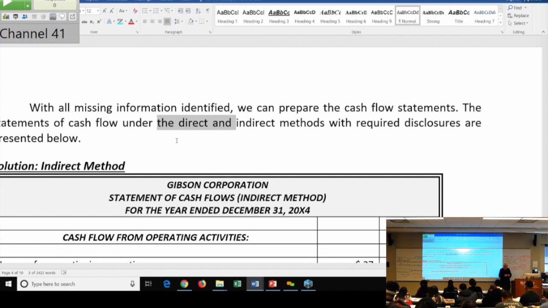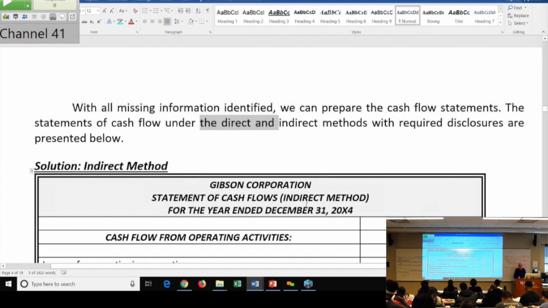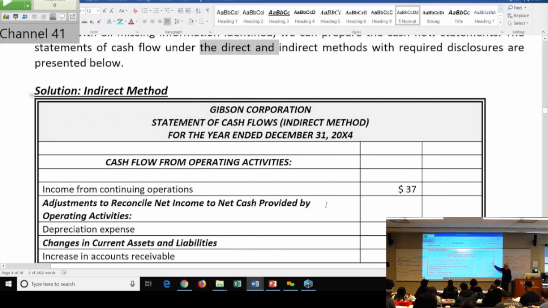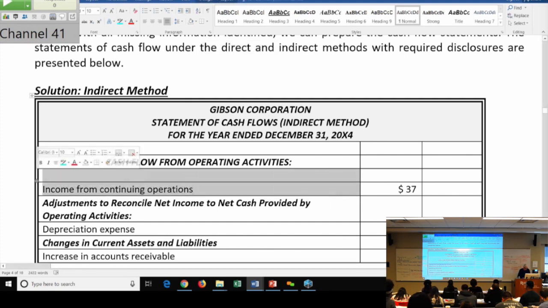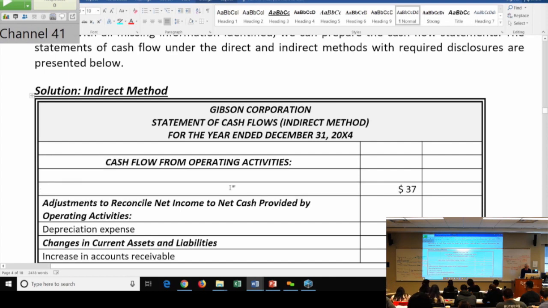So here is your solution. You would have the heading, name of the company, statement of cash flows, in the indirect method, for the year ending. This doesn't have to be income from continuing. In our case, it doesn't matter, but I think we should always call that net income. So let me just change that for you. That's always the starting point. Sometimes we start with income from continuing, but